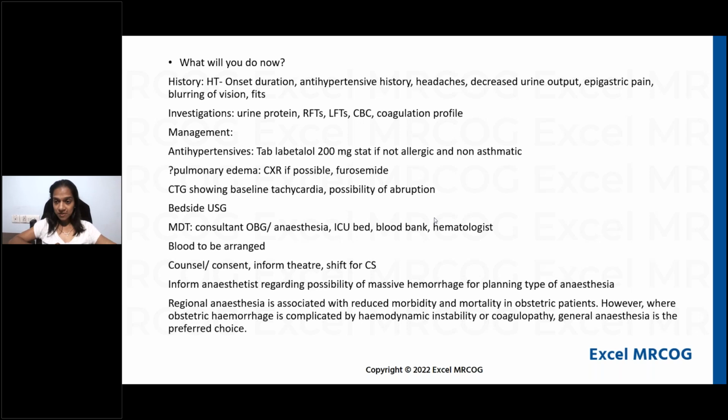She has possibility of pulmonary edema. You can get an urgent X-ray if that is possible. If that's not possible, then you can consider giving her furosemide because you want to save the mother from pulmonary edema. Okay, so that is another important thing that you can say. Magnesium sulfate is also important to mention if there are severe symptoms and severe preeclampsia as a prophylactic measure for eclampsia. So prophylactic magnesium sulfate can be considered here as well.